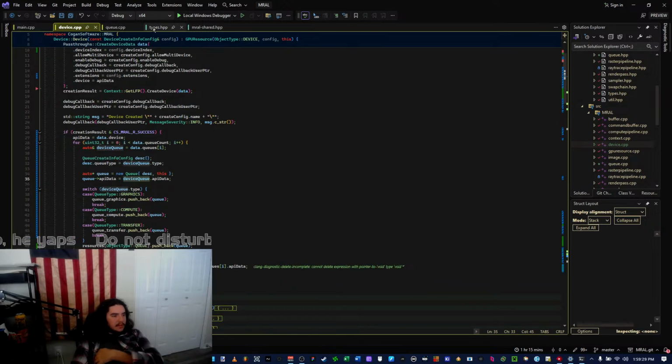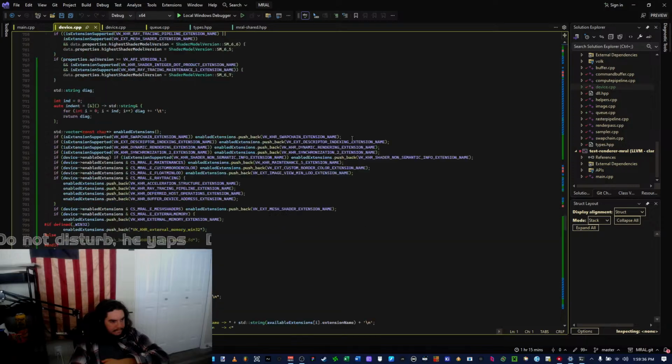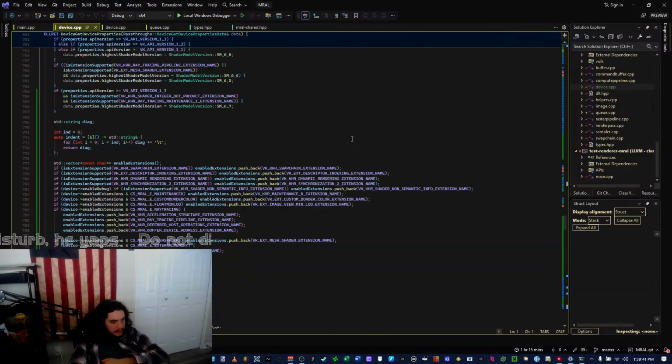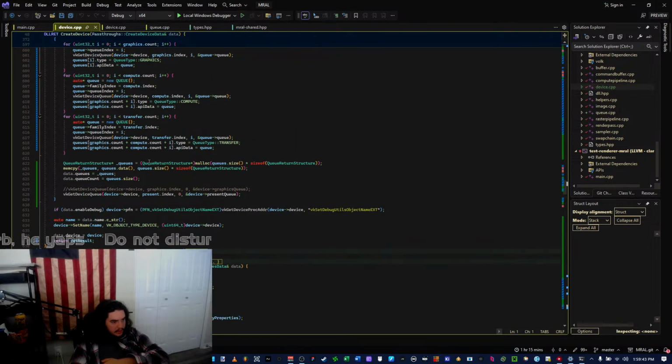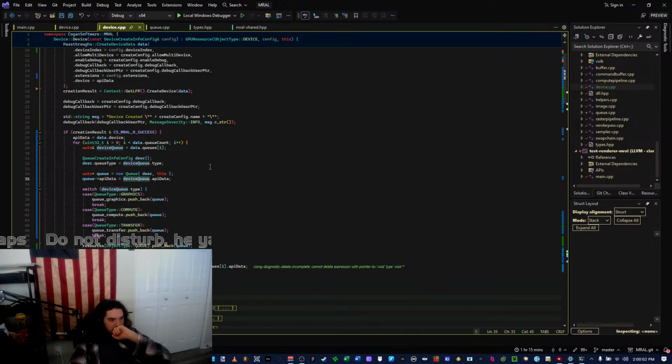What? Am I actually legit just forgetting to do a whole step in my code? In here, right when I create a new queue object, family index, queue index, vkGetDeviceQueue, type, API data.